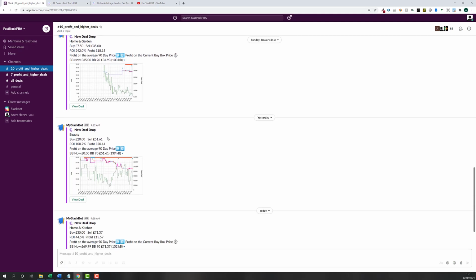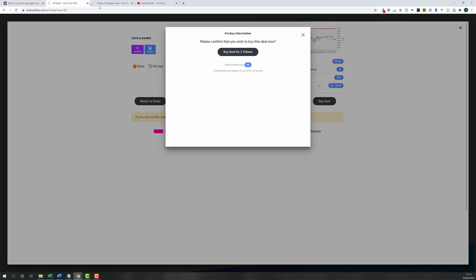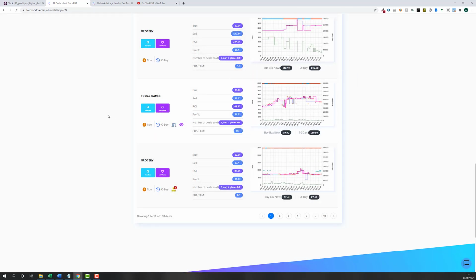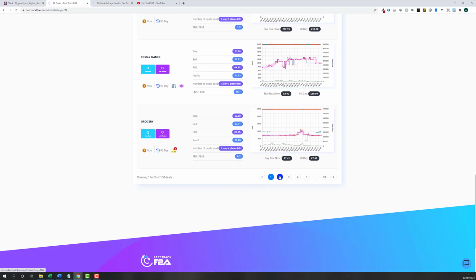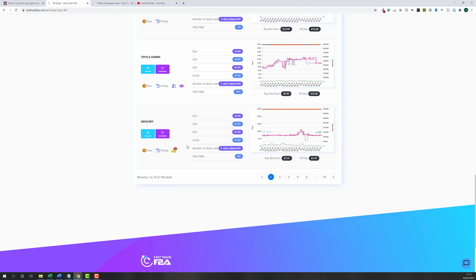So again, you can just scroll through these, wait till you find one that you like the look of, that's got the right sort of metrics for you, and then when you do view deal, it will bring you back to the FasttrackFBA interface, where you get this information and you can decide to buy it or not. So that's basically it. And like I say, you can just sit there and go through these till your heart's content and pick out a nice little nugget that's 81%, only a couple of pounds, sells all the time,